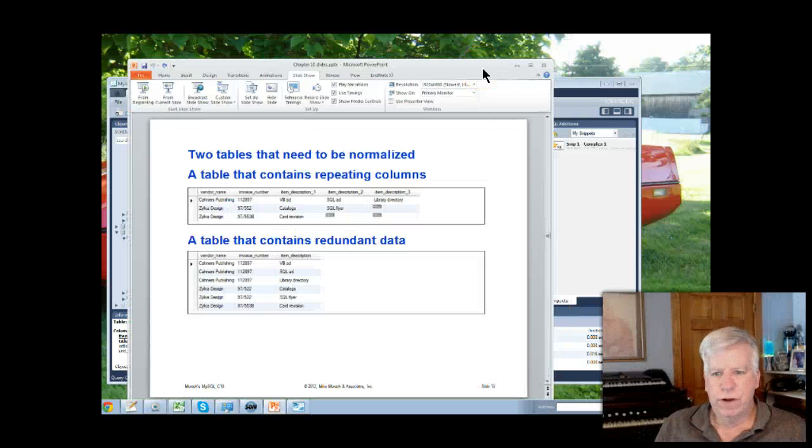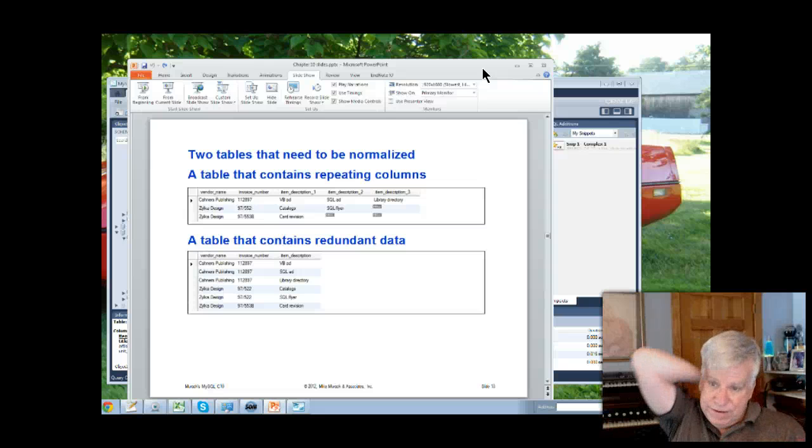So a lot of us grew up with Excel, or even simpler, a piece of paper with lines on it, and we would draw columns of information. And we might be writing some information down, storing some information, and we would end up duplicating the information and writing it in such a way that it really became unmanageable or redundant, but sometimes it's the easiest thing to do. Here's two examples